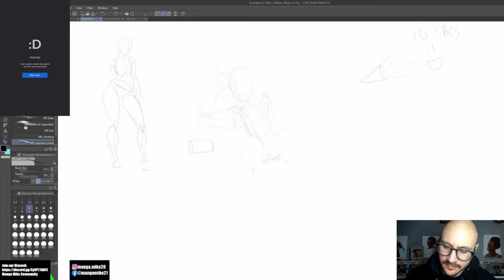It's bearing most of the weight, and this knee is going to be like here. This leg, so if I'm drawing through,